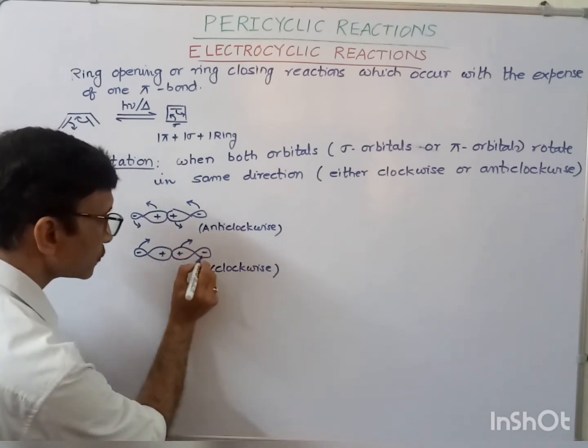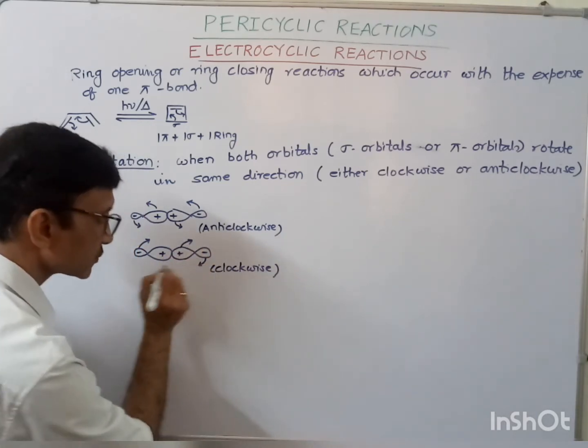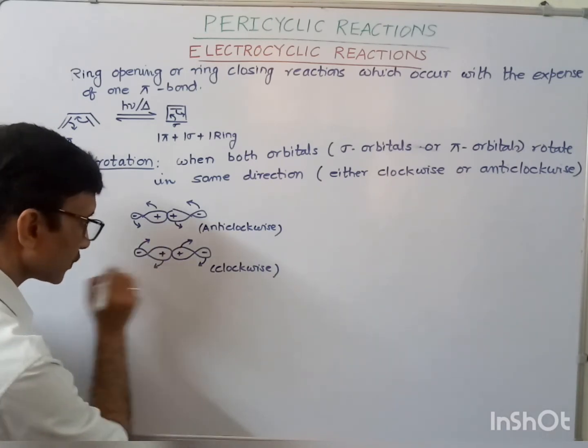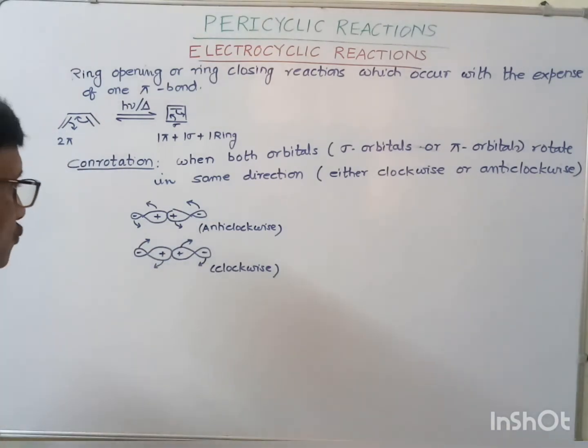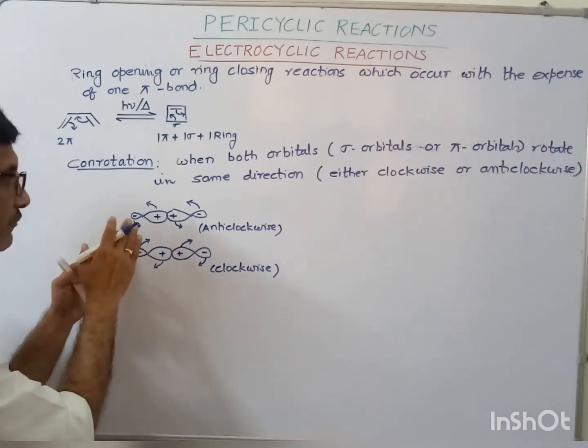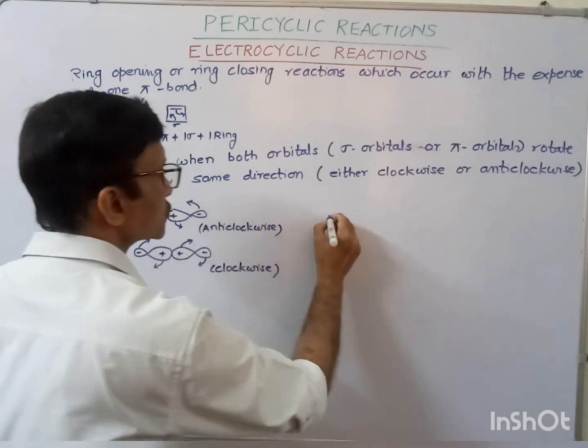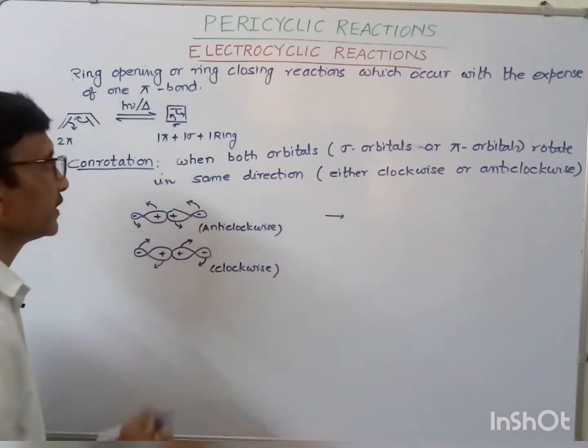So if this lobe moves in this direction, then this will be like this. So clockwise. In the same way, if it goes like this, it will go over here. Okay. So when the bond breaks, what will happen? Suppose after breaking the bond, then this